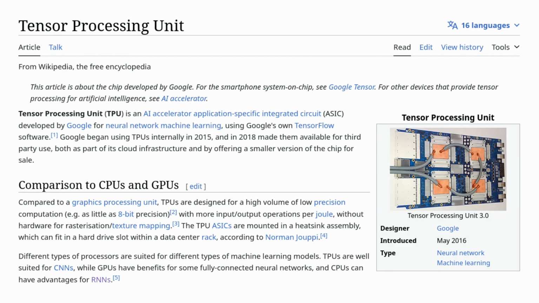Just because it came to GPUs, I'm giving this example of the tensor processing unit, if people have heard of it. This is a creation of Google, their answer to GPUs. Obviously today, what are GPUs used for? Apart from gaming, they're mainly used in AI, and enterprises are not interested in gaming but in renting GPUs for AI workloads.